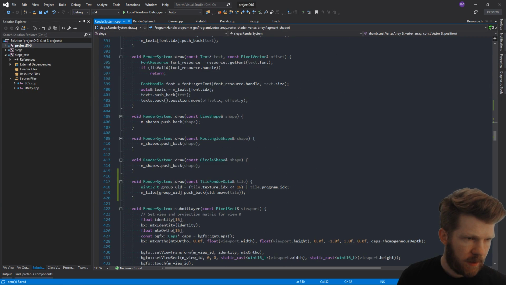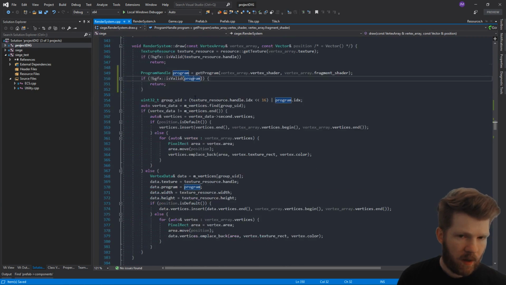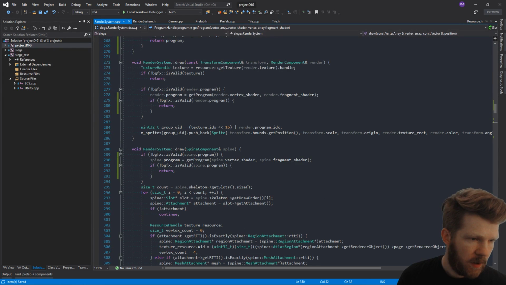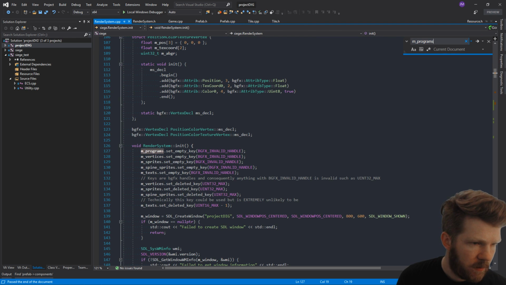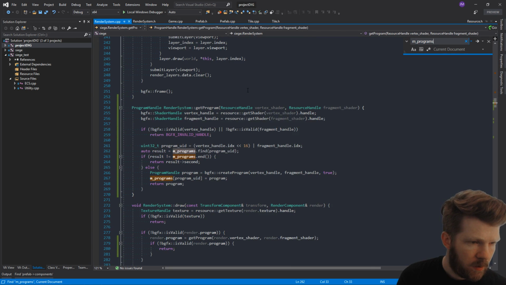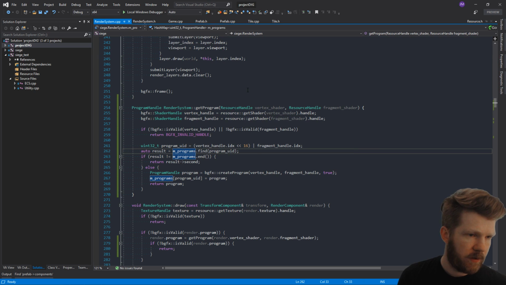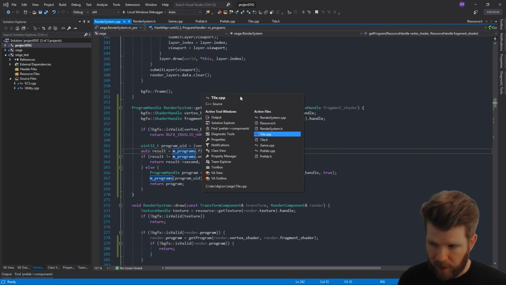Okay, I think we might be done there. What we could do is look to see if we are doing anything like calculating the program UID or just actually using programs, period. Should tell us, yeah, that's it. Okay, cool. So now that we've done that,